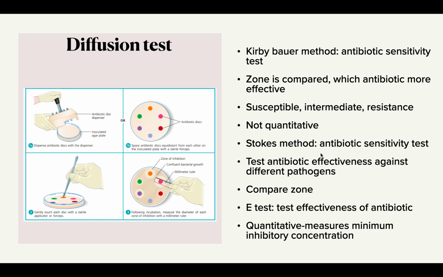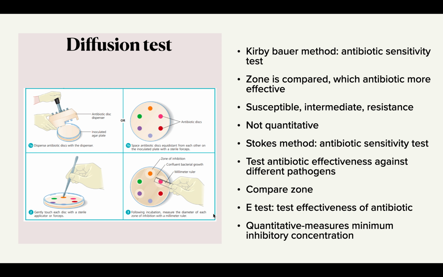The Stokes method is kind of the same thing, the antibiotic sensitivity test, and you want to see the antibiotic effectiveness against different pathogens. So for this, you're using different kinds of antibiotics and different pathogens. Once again, it's kind of the same deal. You want to compare the zone, the inoculated plate, antibiotic on top of this, and then you wait for the